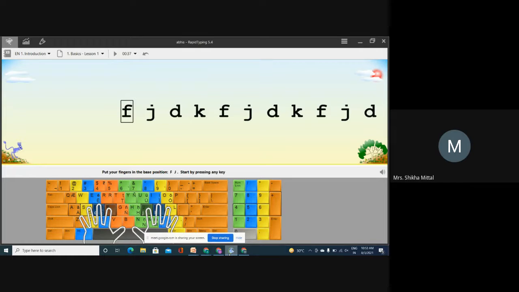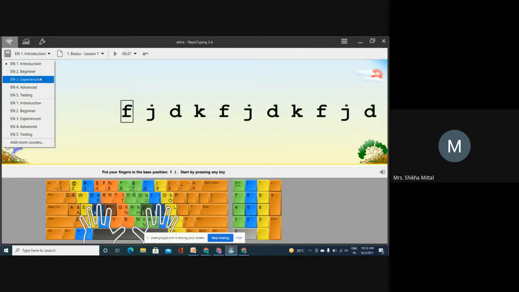Now we are learning about rapid typing software. You can see this is rapid typing software. Whenever we work with rapid typing software, we are learning how to type. There are lessons for different types of users. Maybe a child can learn, maybe an adult can also learn here. So from where do you want to start? If you know a little bit about typing, you can start from an intermediate or experienced lecture. There are different categories to learn. See here, this is the category.